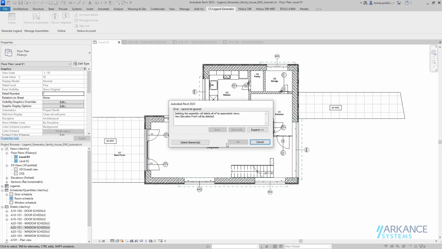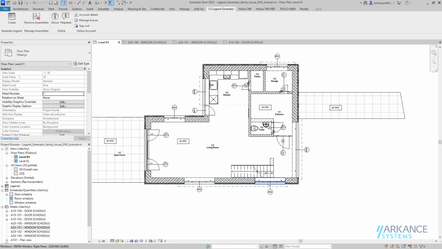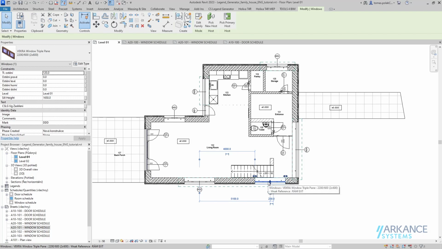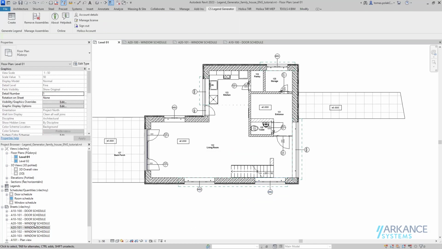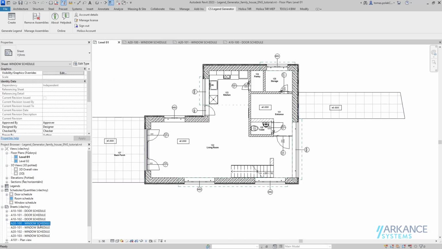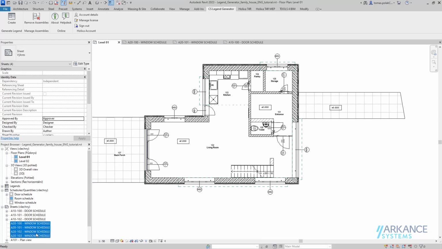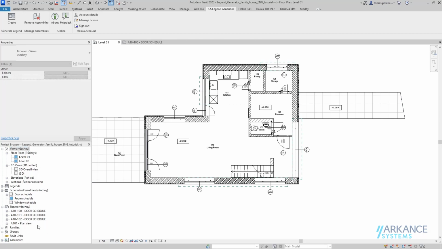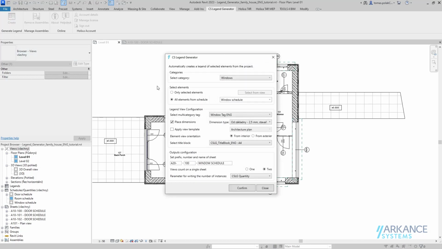So if I click confirm, and one of the assemblies was from the window in the curtain wall, so I confirm that I want to delete this assembly, and here you can see that the window is no longer an assembly, it's just a plain window, and the schedule is now clear of all of the scheduled element views, etc. So now I will delete these sheets. So now I've removed everything that CS Legend Generator has created with regards to the windows,